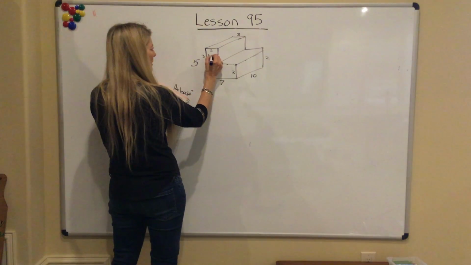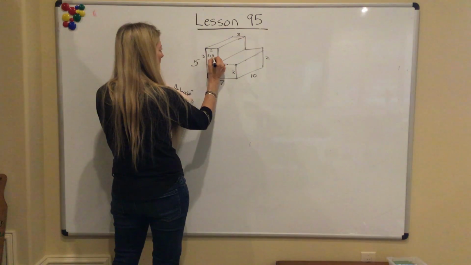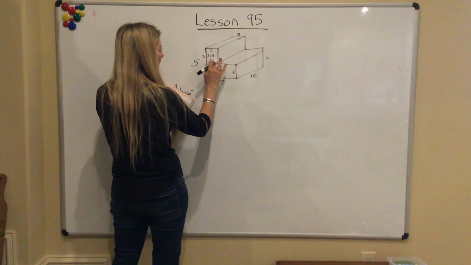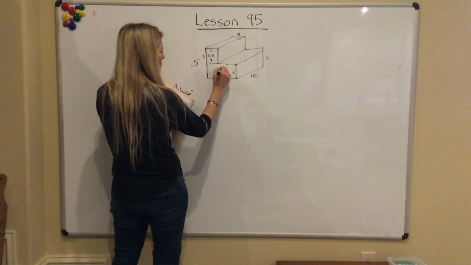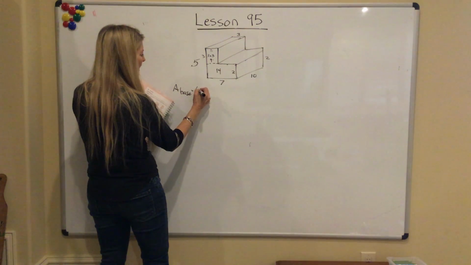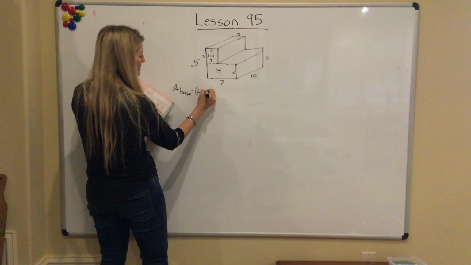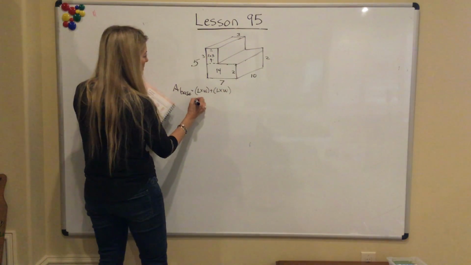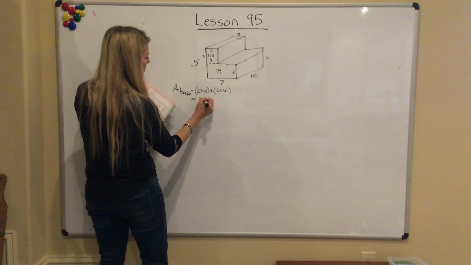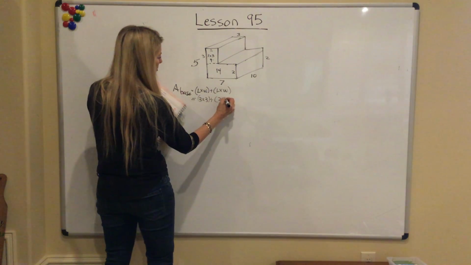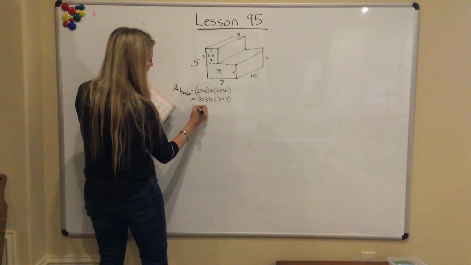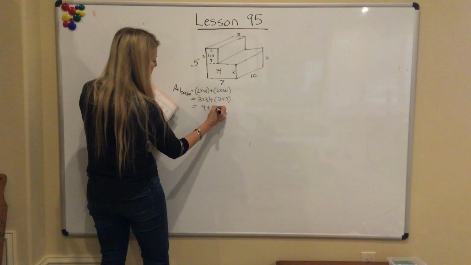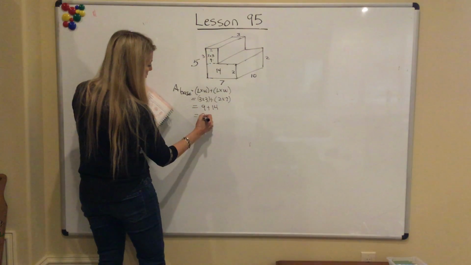So it would be 3 times 3, which would be 9. And then this would be 2 times 7, which would be 14. So the area of the base would be the length times the width of one, plus the length times the width of the other. So it would be 3 times 3 plus 2 times 7. So it would be 9 plus 14. Okay, so it would be 23